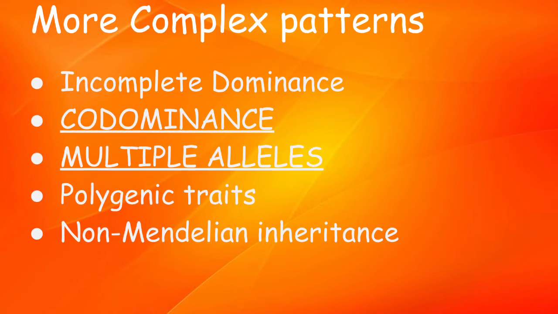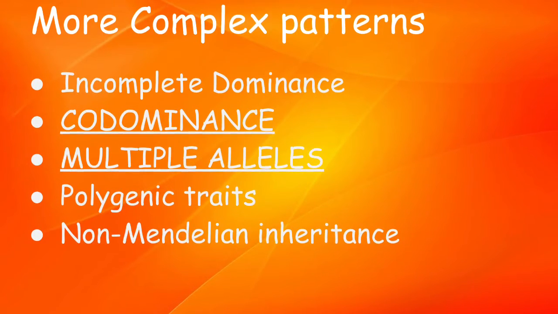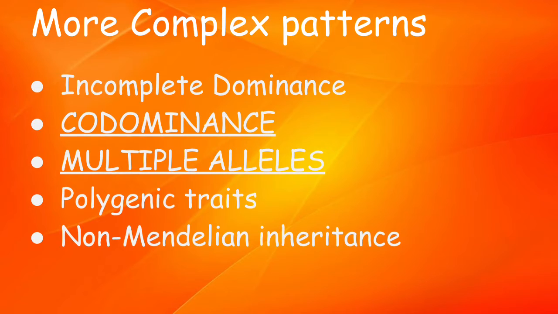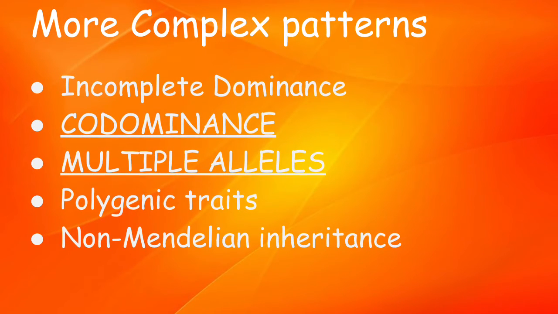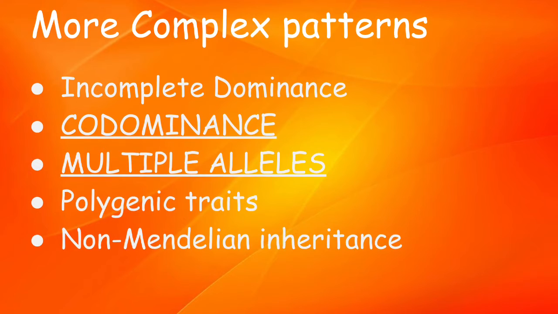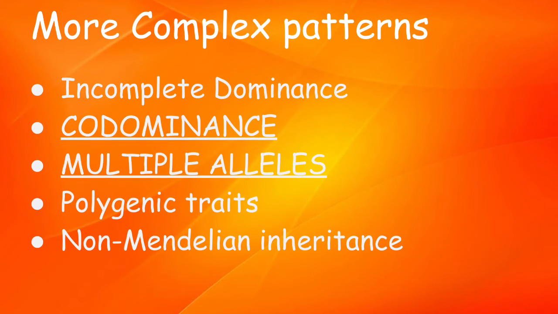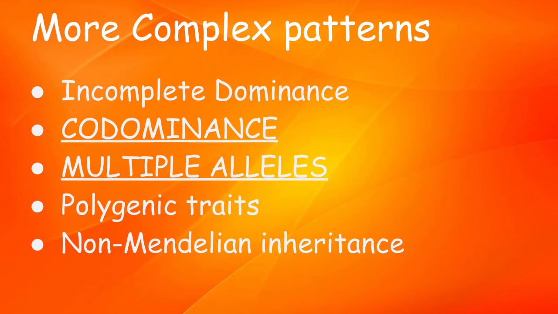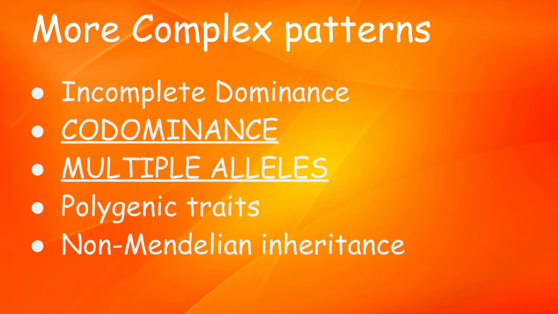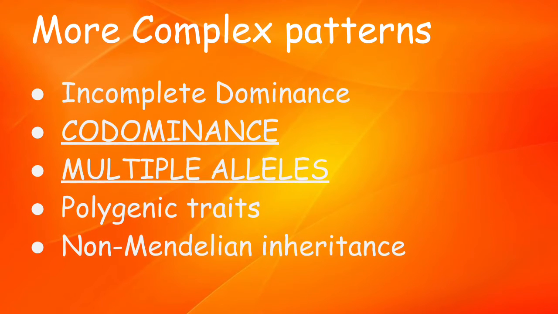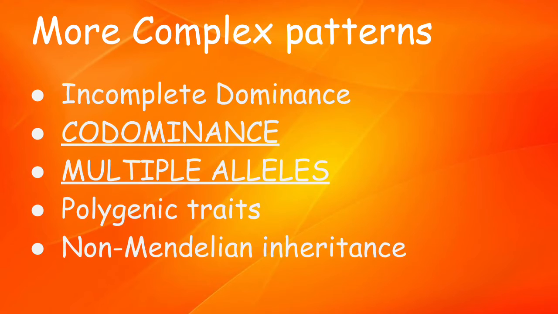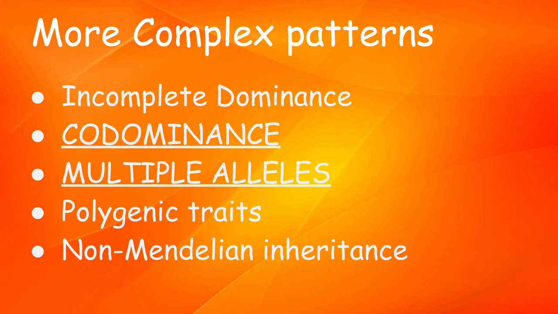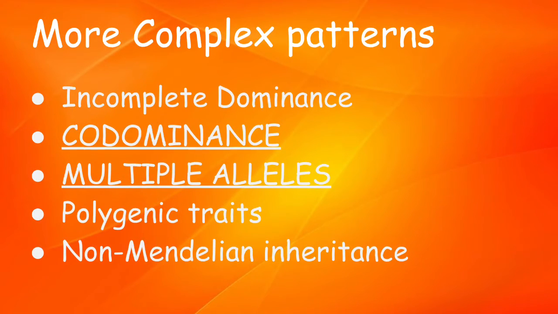Now, what you saw before was a Mendelian case of inheritance, an example of a cross that follows the laws of Mendel, of dominance and segregation, etc. But there are some more complex patterns that are known as non-Mendelian inheritance patterns, which are incomplete dominance, codominance, multiple alleles, and polygenic traits. But in this video, we're only going to talk about codominance and